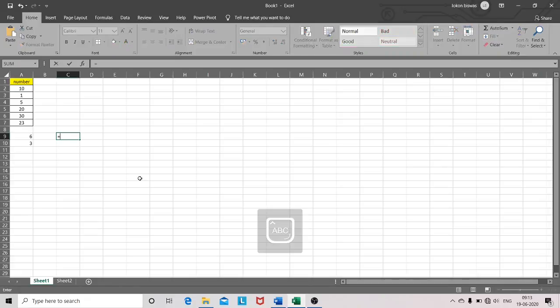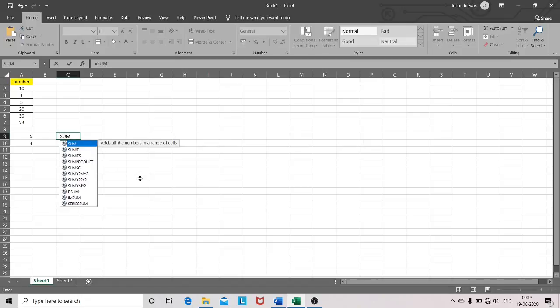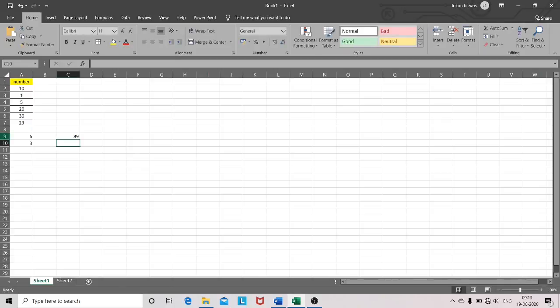Similarly, type sum and first bracket and select the cells here to here, bracket close, enter. So if you add these numbers, it will be 89.